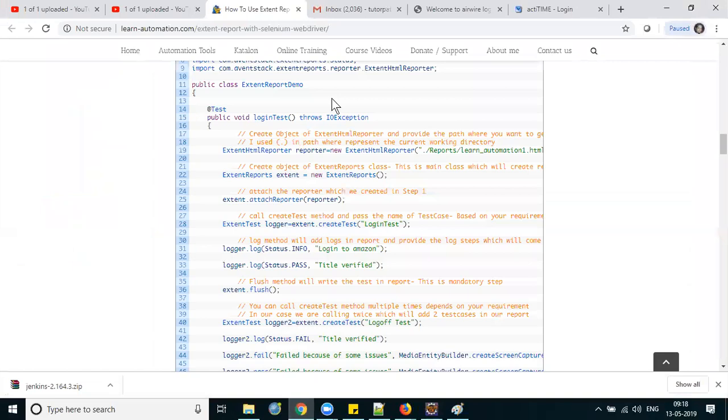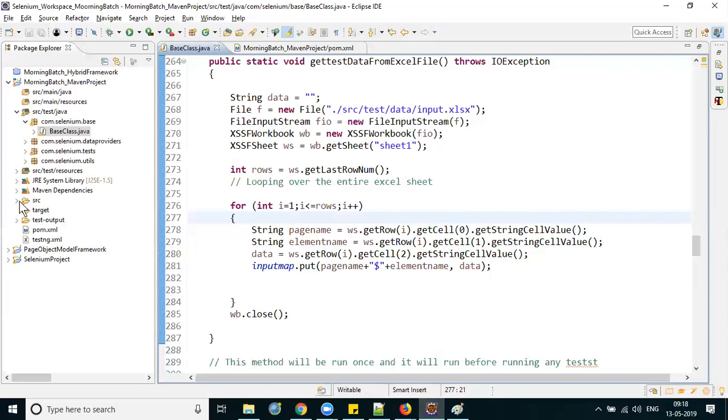This extent report has few things you need to remember about. First thing, which file you want to write the extent report to? Because this writes into a HTML file. Okay, it writes into a HTML file. Which is that HTML file where you want to write the extent report? You have to choose that. So what I have done here is, under my results folder,